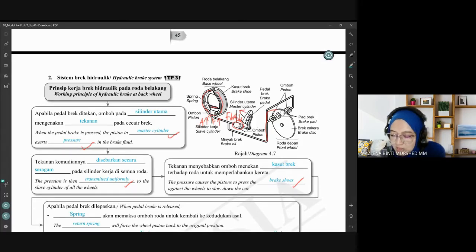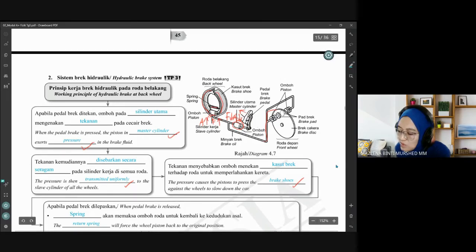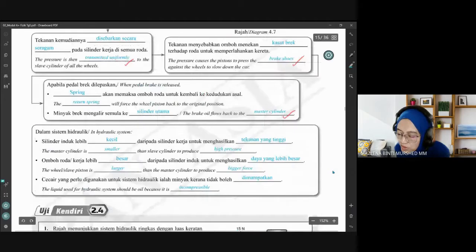Dia punya sistem sama je dengan hidrolik tadi. Cumanya of course lah dia ada valve juga, cuma tak tunjuk kat sini lah. Dia nak balik kepada master piston untuk simpan semula minyak yang dia dah distribute tadi. So